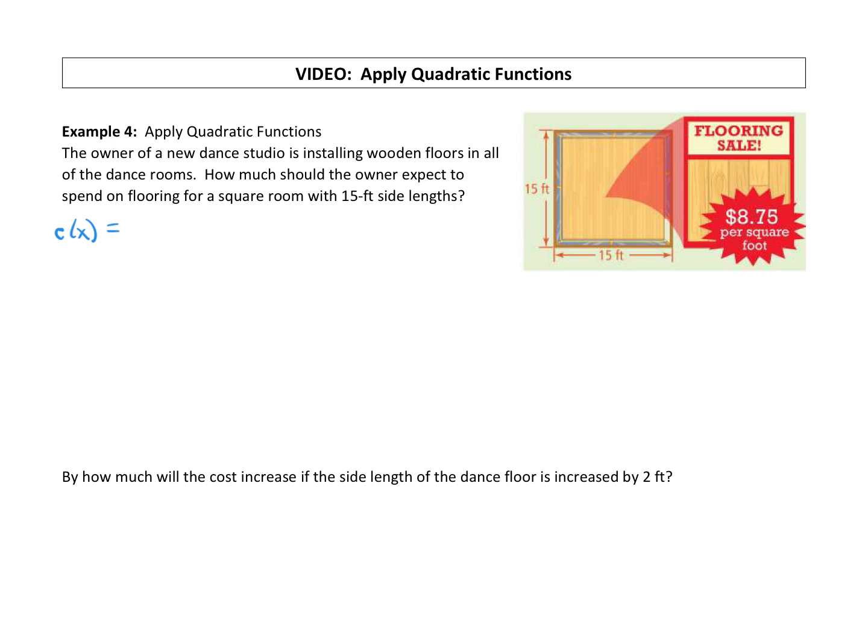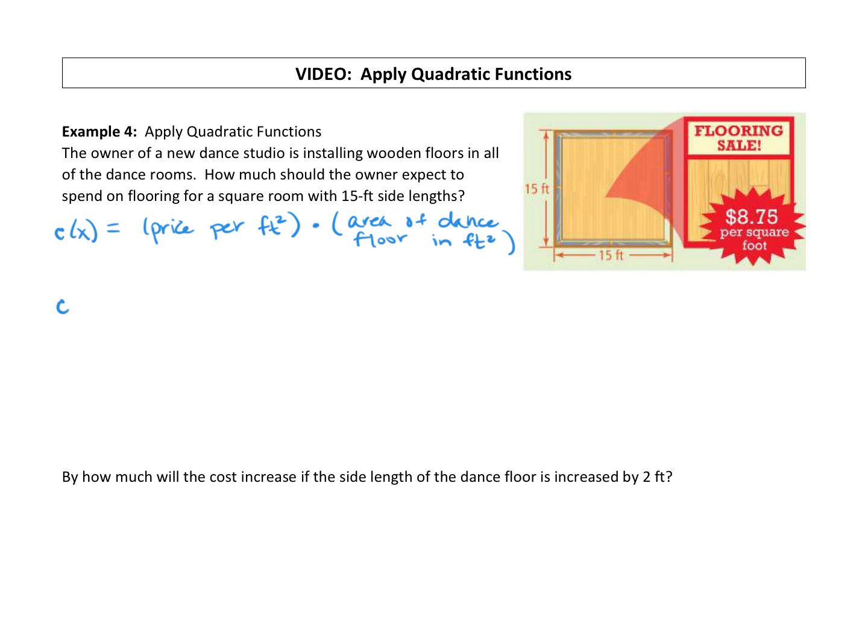And x is going to represent the side length of the room. So what we do is we're going to take the price per square foot, that's how we would write square foot. We're going to multiply that by the area of the dance floor, in squared feet, or feet squared. So sometimes it's nice to think through in words what you're going to set up,